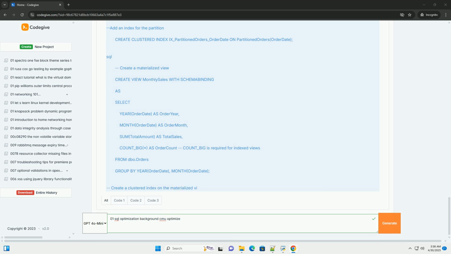8. Analyze execution plans. What they are: execution plans show how the DBMS intends to execute a query. They provide valuable insights into the performance of the query. How to use them: use the query analyzer tool in your database management system, for example SQL Server Management Studio or MySQL Workbench, to view the execution plan. What to look for: